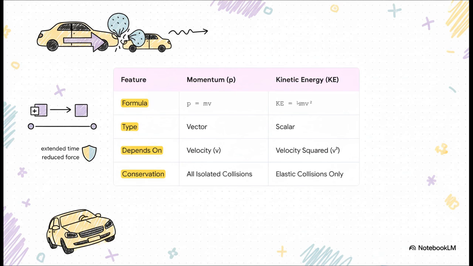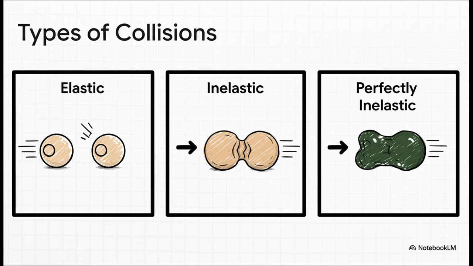Also, check out the conservation rules. Momentum is pretty much always conserved in a collision, but kinetic energy, not so much. And this leads us to different kinds of collisions. You've got your perfect, bouncy, elastic collisions, like billiard balls hitting. In those, both momentum and kinetic energy are conserved. But in most real-world crashes, what we call inelastic collisions, things bend, deform, or even stick together. Momentum is still conserved, but a lot of that kinetic energy gets turned into other things, like heat, sound, and